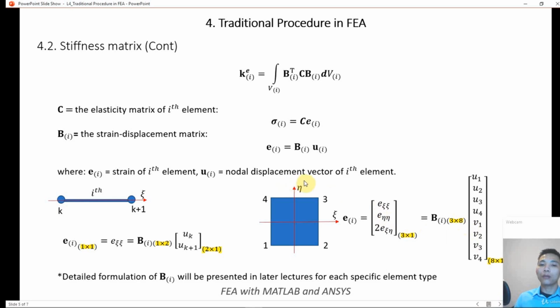So the nodal displacement vector is represented in this form: u1, u2, u3, u4, v1, v2, v3, v4. Okay, so in here some people rearrange that vector to become u1, v1, u2, v2, u3, v3, u4, v4. It's not important. If we rearrange that vector, probably we need to rearrange the components inside of that matrix. So for details of how we calculate B and how we arrange the vectors, we will cover in the following